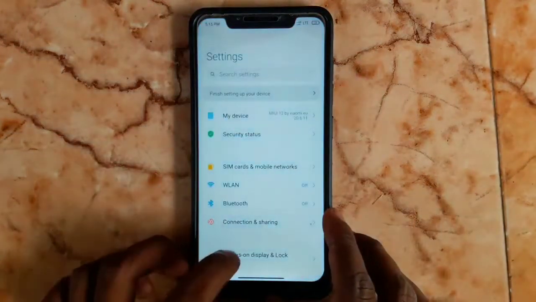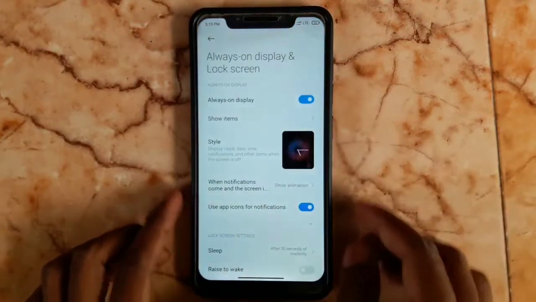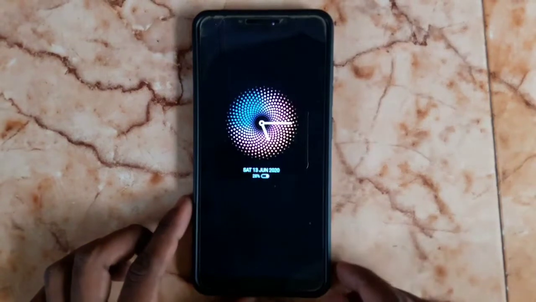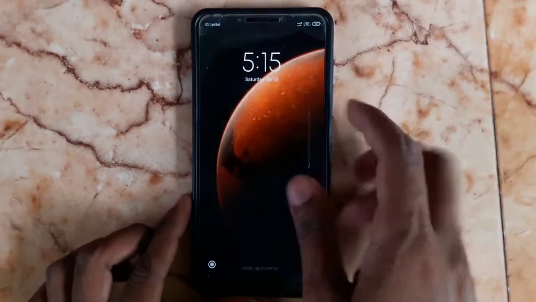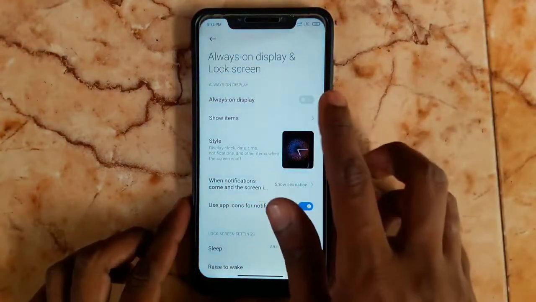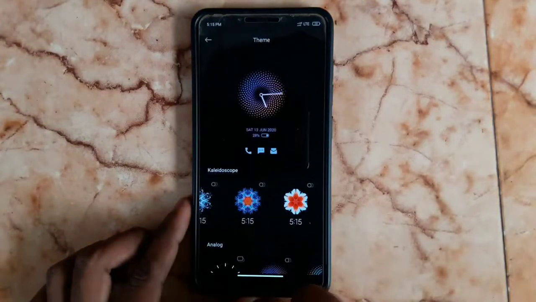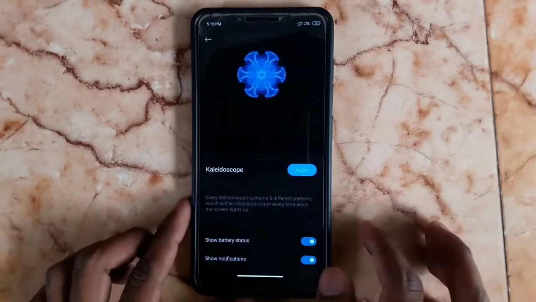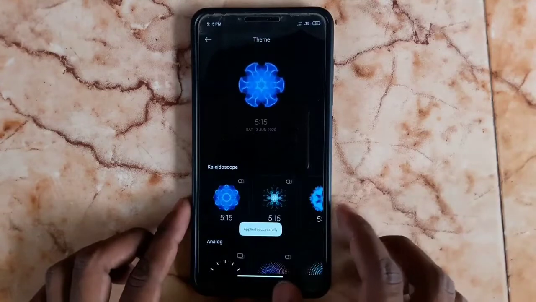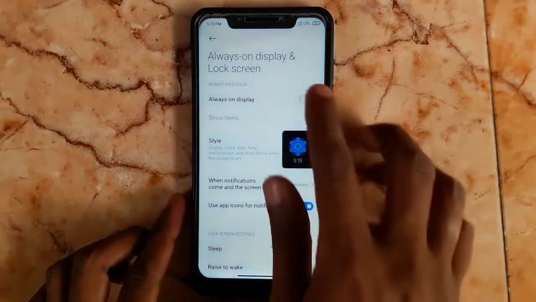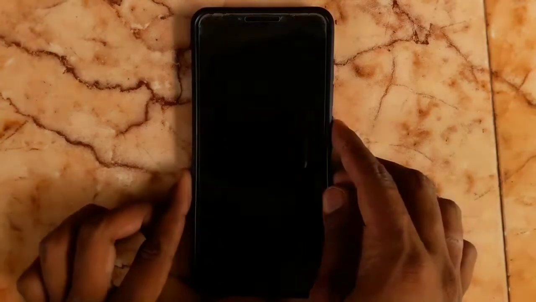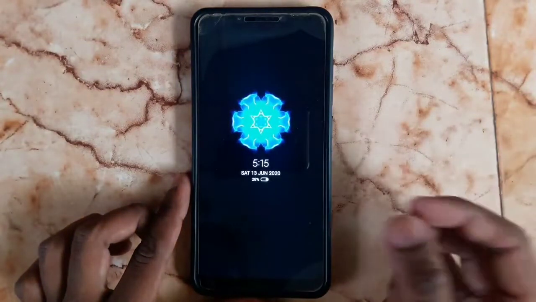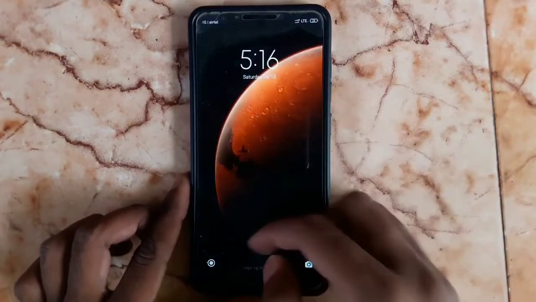And let me show you AOD and how it works. Go to AOD settings, just enable it and lock your screen. Now you can see it looks great. There is no issue with AOD, but sometimes it's not stable. I'm going to choose another style like this and click apply. After applying, lock your screen. Just enable and lock your screen. Now you can see the animation of always on display.